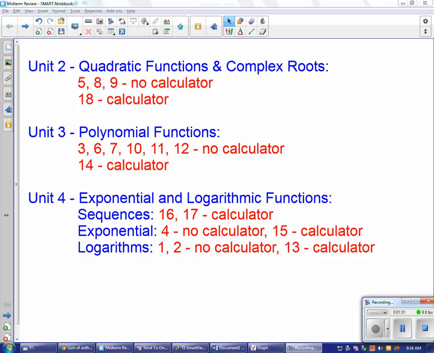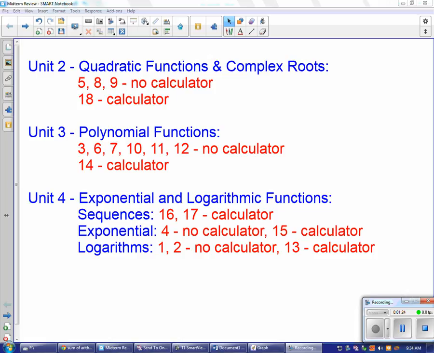So I'm going to begin with Unit 2, which is quadratic functions and complex roots. This is something that we did at the end or towards the end of first marking period. I've indicated problems that you will be able to use a calculator on and problems that you won't be able to use a calculator on. So again, just like with the first marking period assessment, there is going to be a calculator and a non-calculator